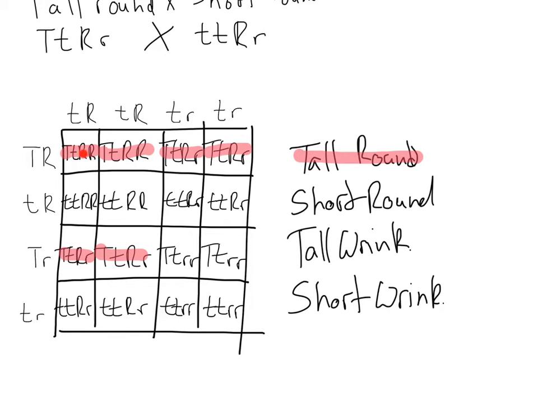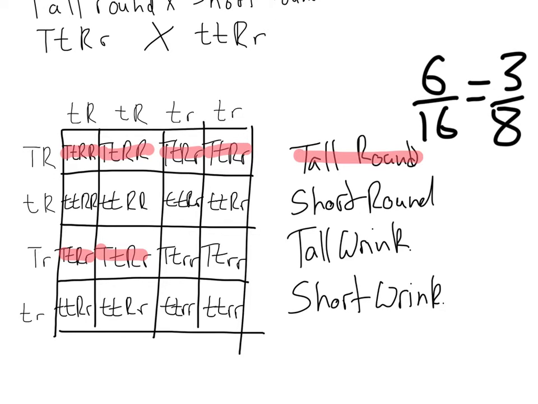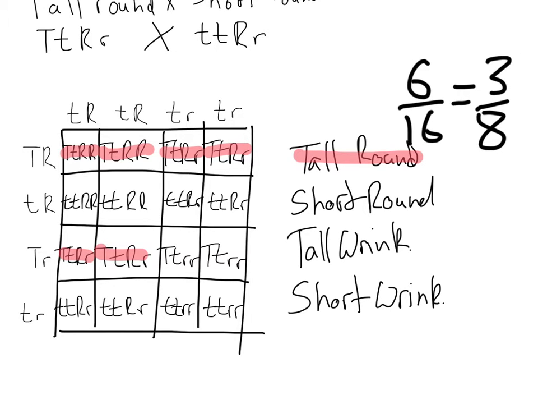So it looks like we have 6 that are tall and round out of 16. So that means that 6/16 or 3/8 are going to be